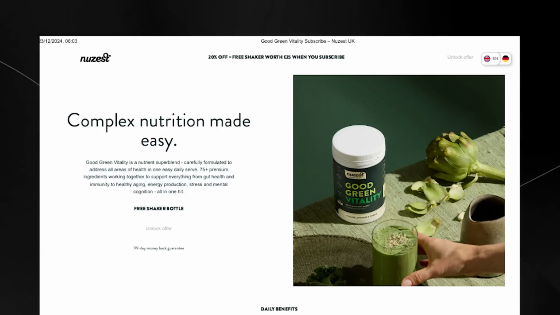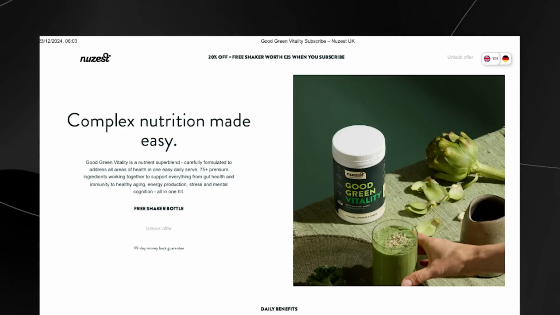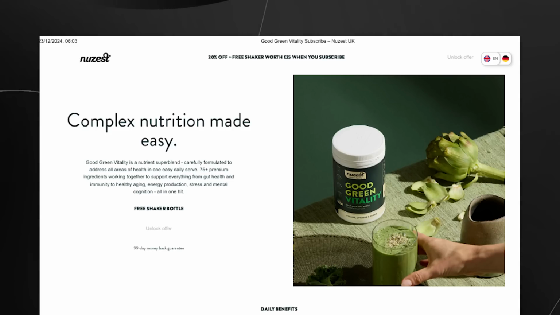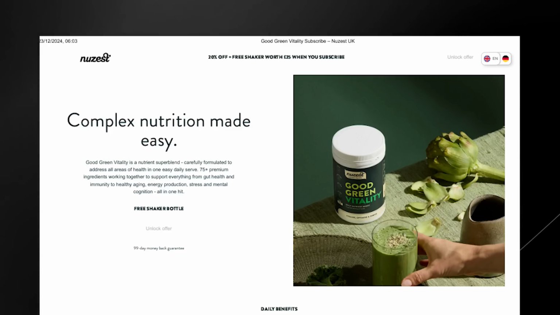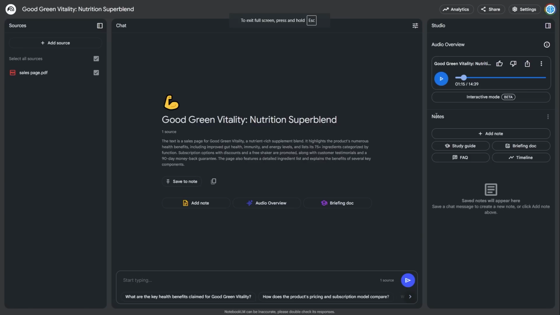Exactly. And look, right next to that headline, you've got this banner that says 20% off plus free shaker. Oh, yeah. That's smart. You're grabbing attention with the headline, then immediately giving them an incentive. Yeah, you don't even know what it is yet. Right. But you're already like 20% off free shaker. Tell me more. Exactly. So with that, you can see that you're able to potentially get some kind of insight